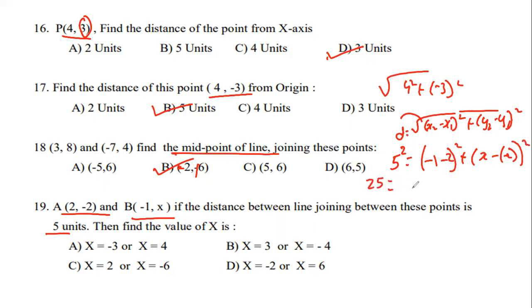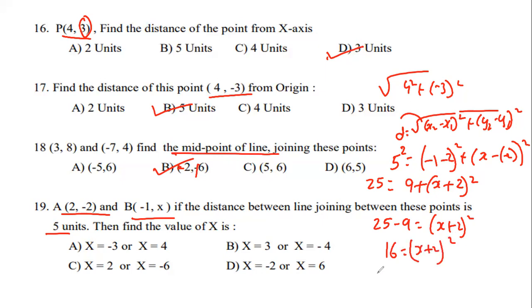5 5s are 25 equals, always distance is positive, okay? 25 equals minus 3, minus 1 minus 2 is minus 3. 3 3s are 9 plus x plus 2 whole square. 25 minus 9 equals (x plus 2) whole square. 25 minus 9 is 16 equals (x plus 2) whole square. Square root taken to this side, it will become plus or minus root 16 equals x plus 2. Plus or minus 4 equals